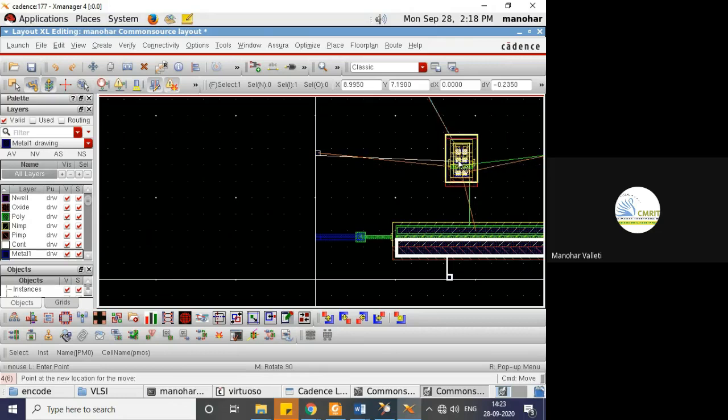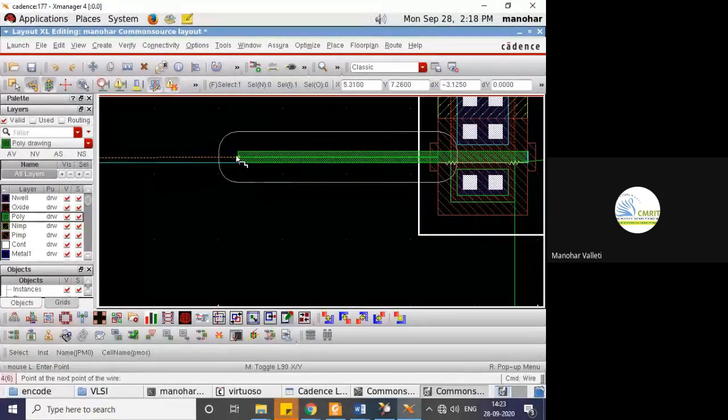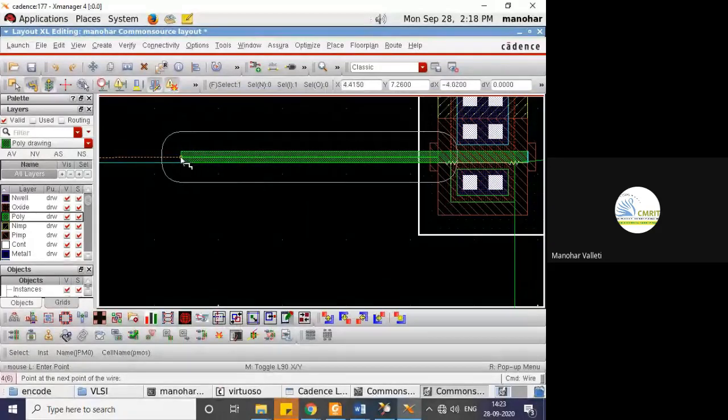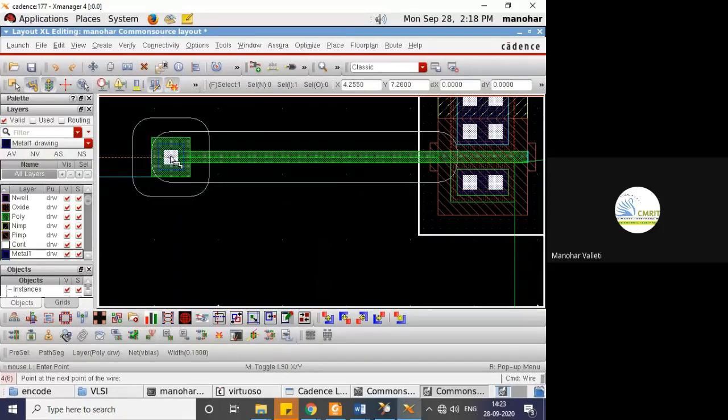When this is done, because the movement in your design is this only, right? Because of this polysilicon. If you later move your NMOS or PMOS, the connections between polysilicon and input, and between polysilicon and V bias will change. So first I'll concentrate on that only. Again, now P, right click, via up to metal. I'll put via here.